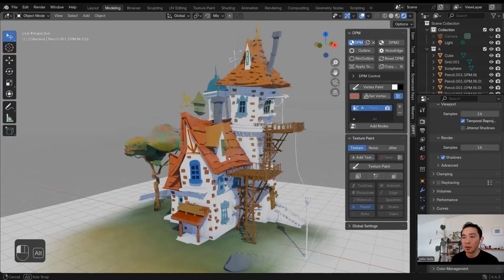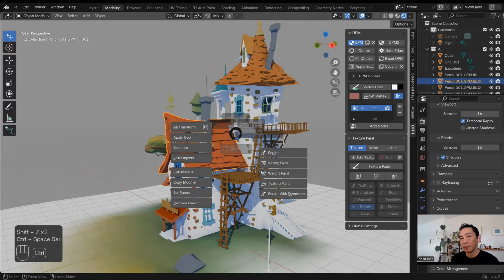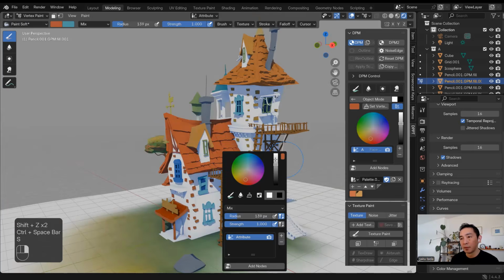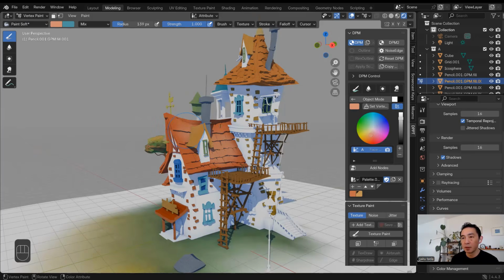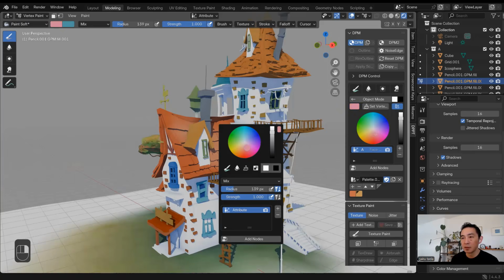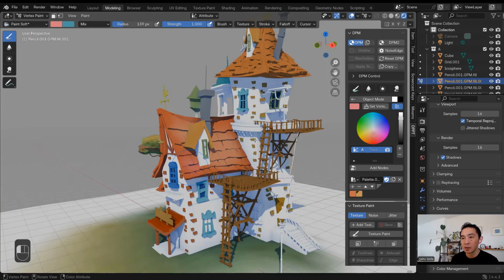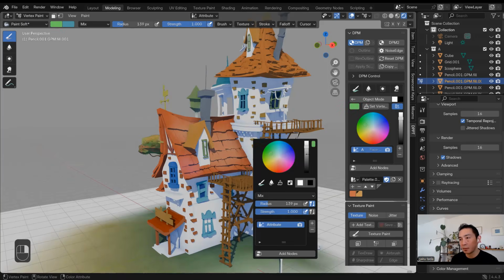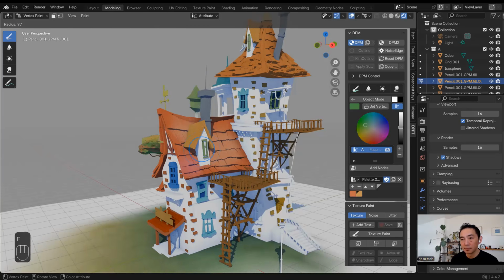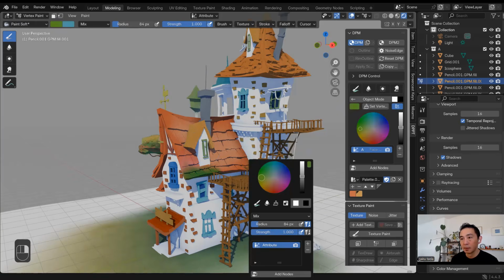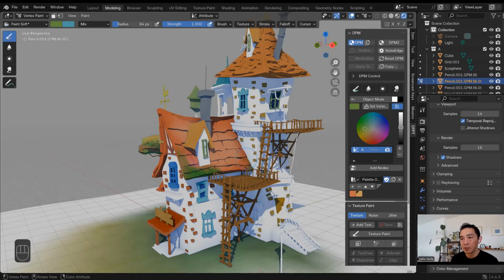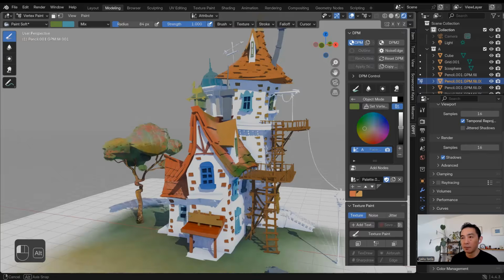So we can make a bit of a variation to the geometry of a vertex, mixing in some mossy green maybe. Just randomize the look.